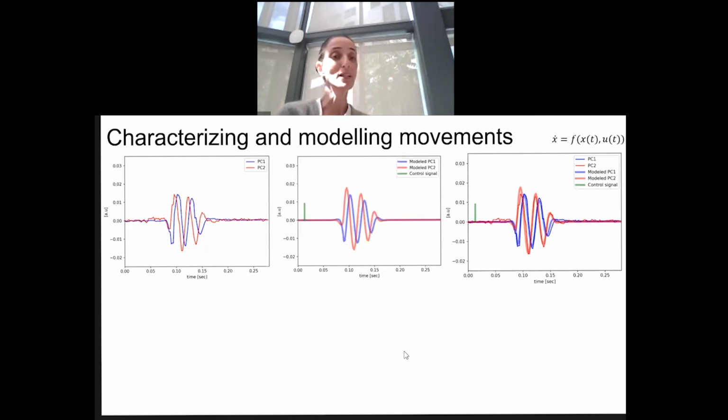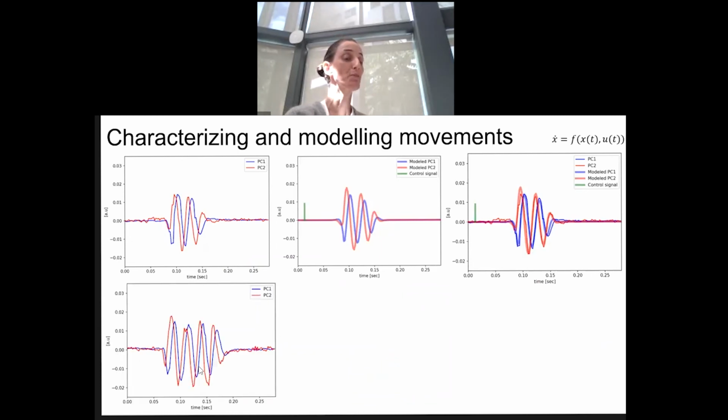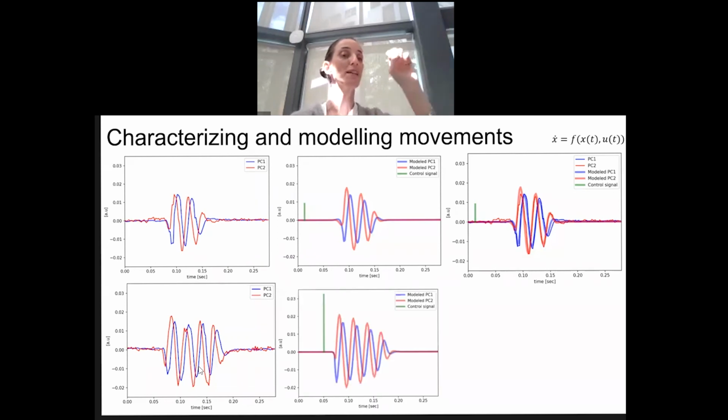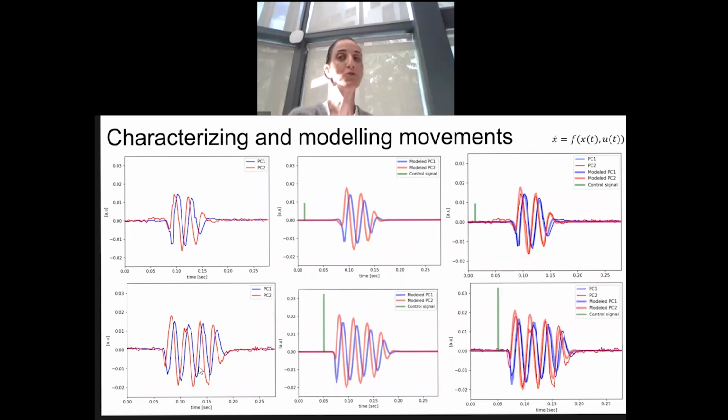So we saw this example, and now that's another example. This is another movement of the fish. Now we send a pulse, we generate this movement, and now you can see it one on top of the other, and you can see that the model can really capture the behavior of the fish. So the next thing to do is to see, given that we can now give a cost for every delta function, what's the cost of this sequence? Why did the fish select this sequence and not another?